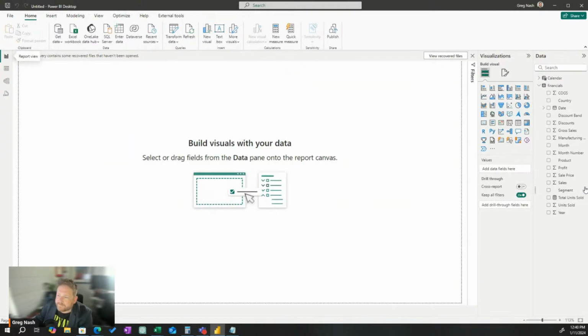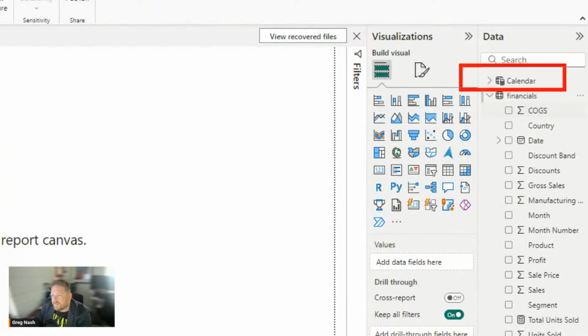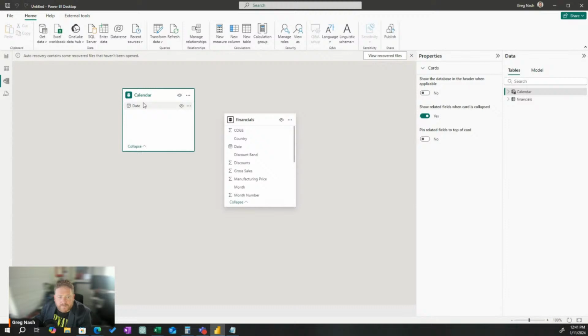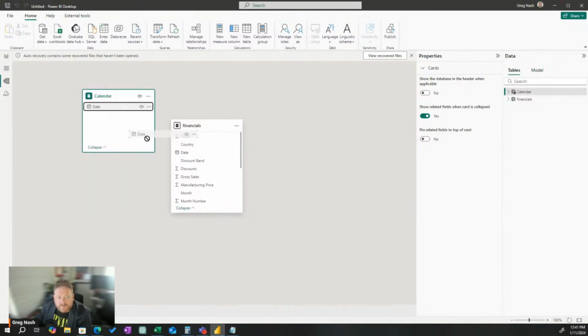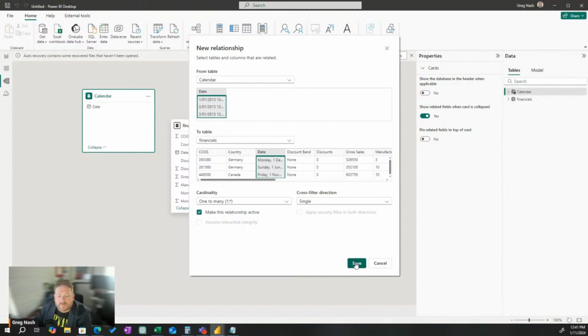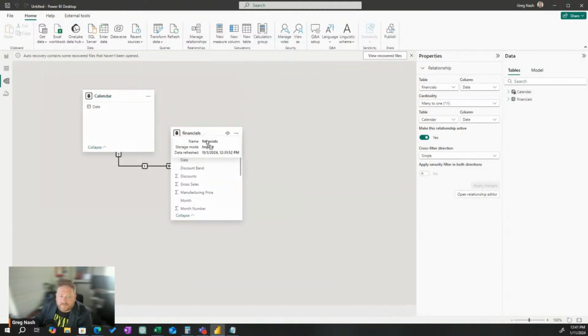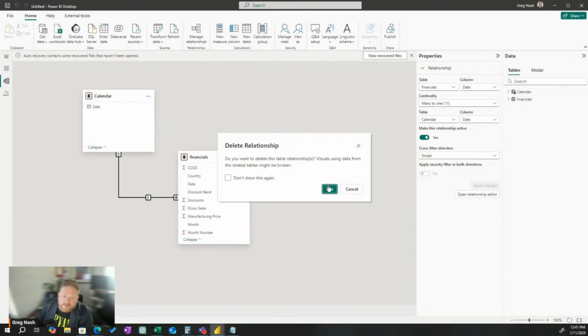How fun is that? And look what's happened. There's a second thing over here on the right called calendar. And it's a little table with a calculator on it. That's what that is. So we created what's called a calculated table. If I go to my model view, I can now see two tables here in my model view. So here's my one table and here's another table. I can join them together like this by dragging and dropping. This is called creating a relationship. Now we're getting advanced. I'm going to delete that relationship because I think I did it too fast.